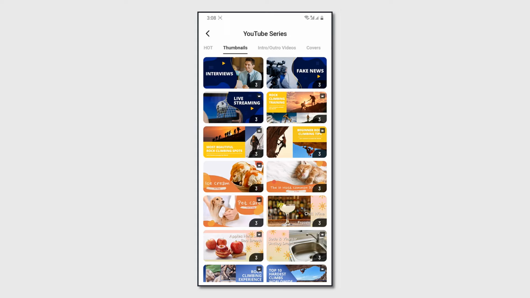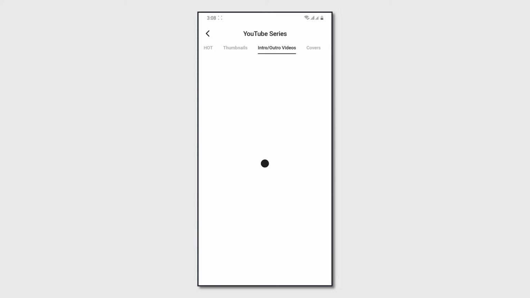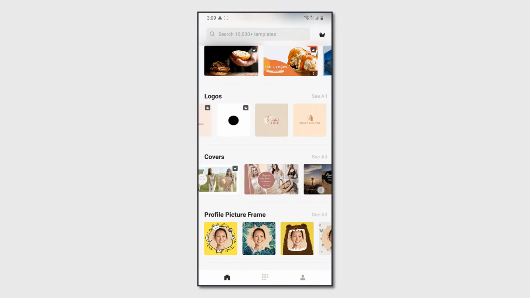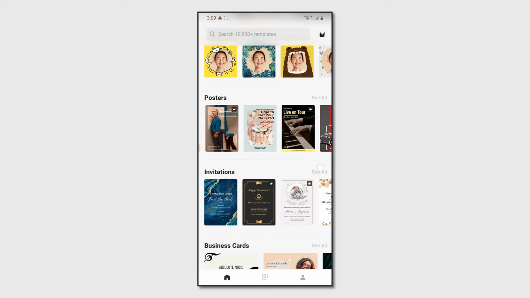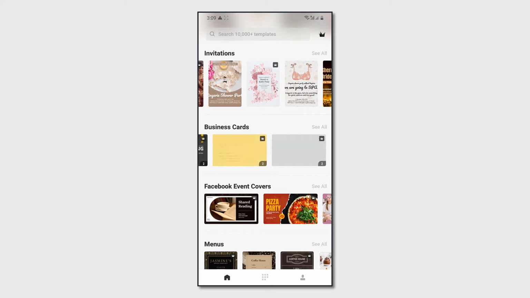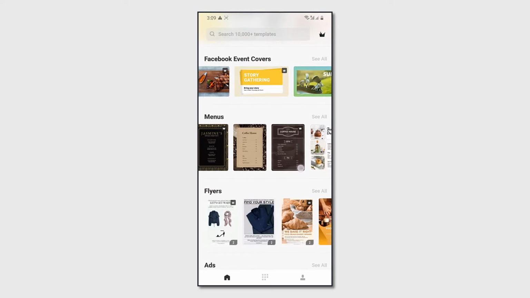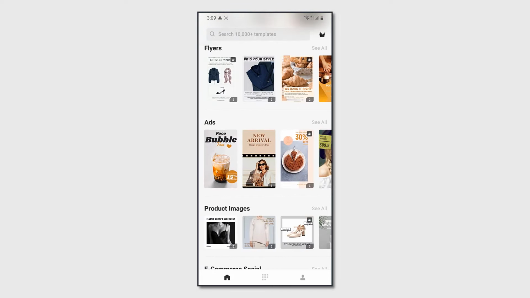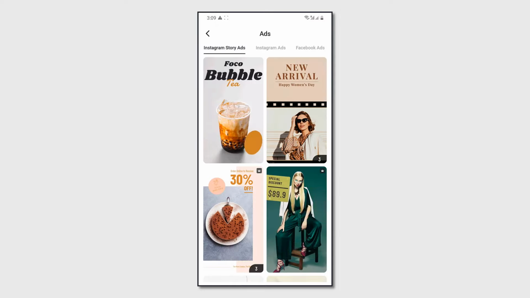Every template is beautiful and nicely designed. The app is loaded with templates for different businesses. Depending on what kind of marketing you are into, you can find an appropriate template. Not only that, but the app also offers covers for story highlights. Different templates are categorized nicely for the user to easily pick them up.